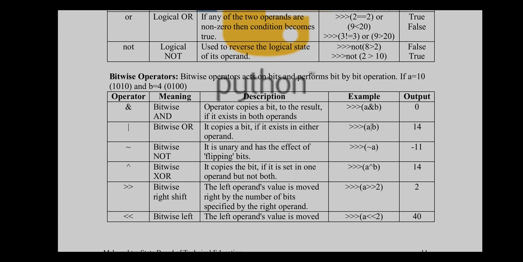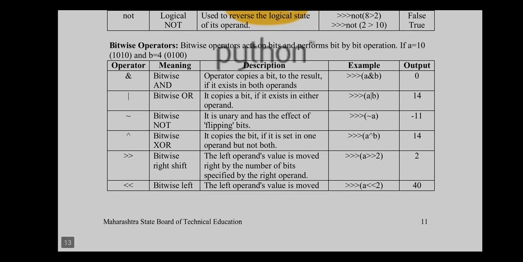So it is going to perform the or operation between the specified operands, and it is going to show you the result. Then for bitwise not, use the complement operator. So it is just going to perform flipping of bits. It is going to show you the flipped bits. For bitwise XOR, you have to use the upper arrow, the caret. So it copies the bit if it is set in one operand but not both, so it is going to show the uncommon items of two sets. So it is going to show you the result.